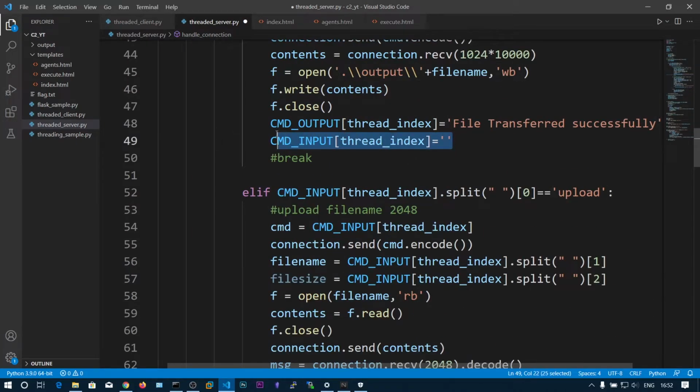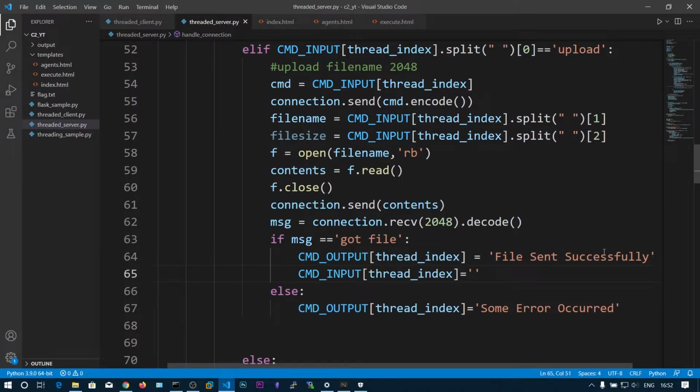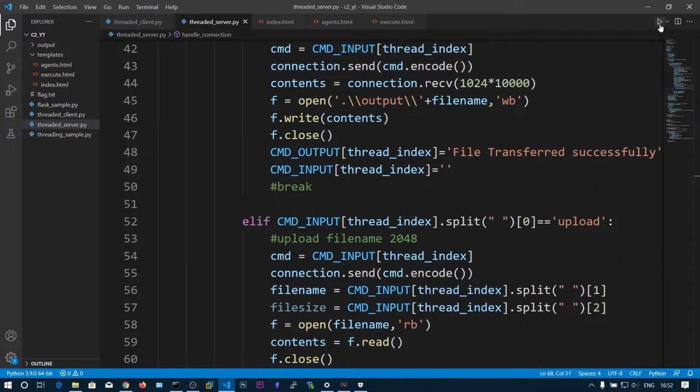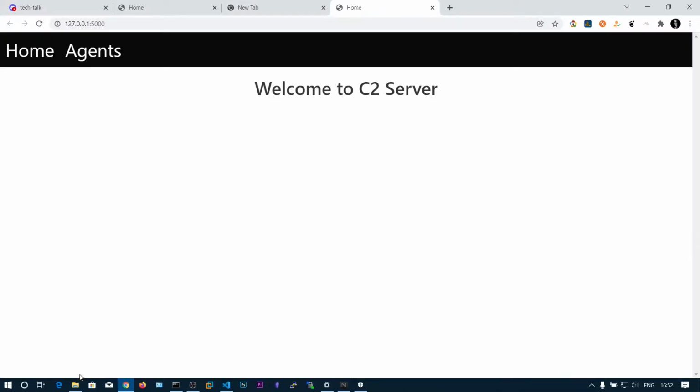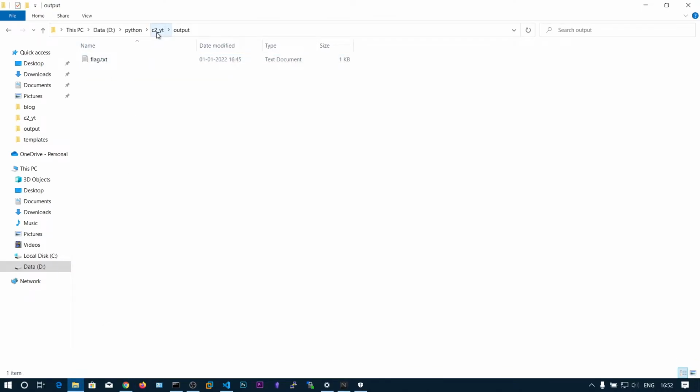So copy this one. We need to make sure the input is null. I think this should do fine. So let's go and run the server, and before that, cut this flag.txt.